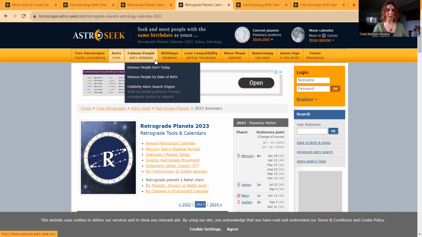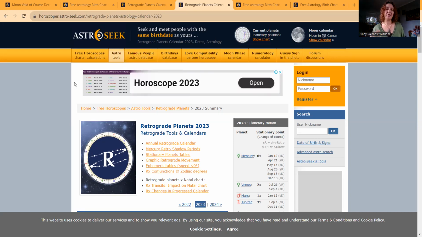Okay, so when you come into AstroSeek, which is one that I often speak into using, and I usually do these forecasts on, it's a free app that you can use, and it's really amazing and user-friendly and has so much more than most people will ever really even need. I haven't even used it to its full capacity yet, so most of us will never get there, but start